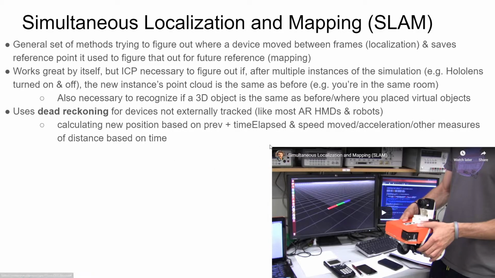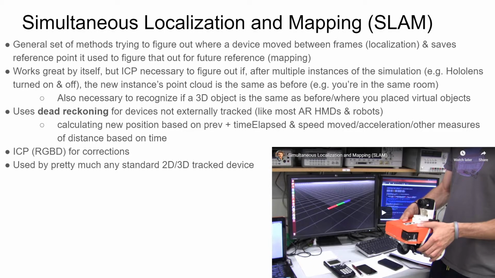Dead reckoning is basically the Euler method that we just saw, where you're using the previous position plus the time that actually elapsed times a factor, plus maybe how much it has moved or accelerated. There are a lot of different ways to do it, but it is basically the Euler method where you're making some prediction based on the delta, and then you can use ICP or just image-based tracking to make various corrections,